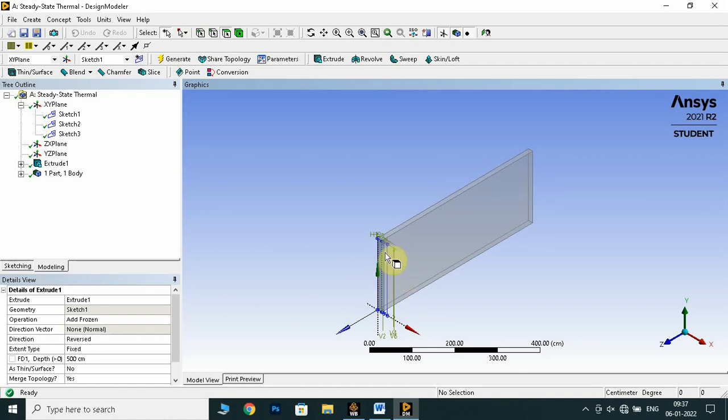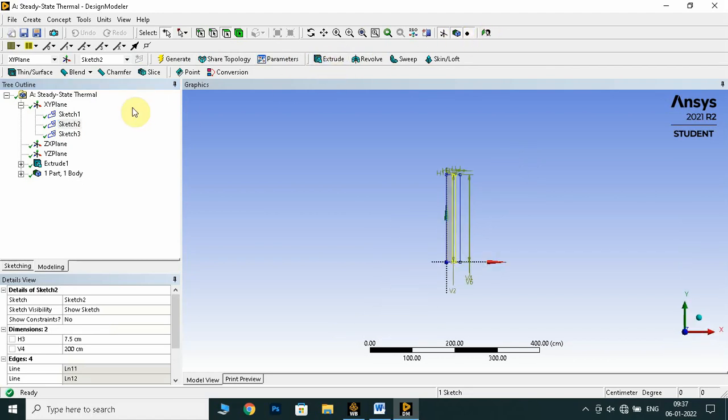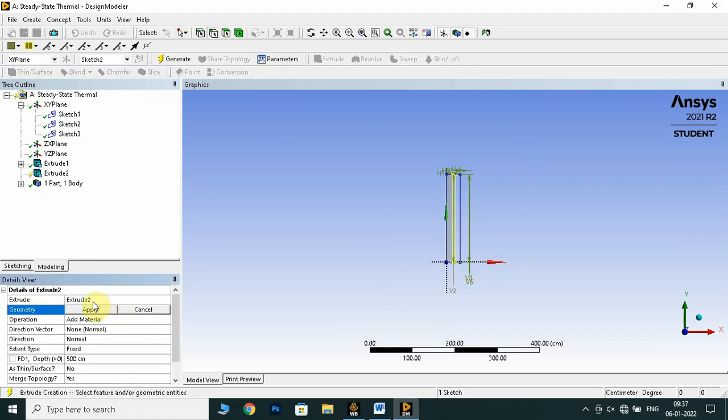In the same way, we have to generate the leftover two rectangles in the same direction. So sketch 2, extrude, select the sketch 2, apply, add material to add frozen, 500, and change the direction to reverse as it has to go behind, and click generate.